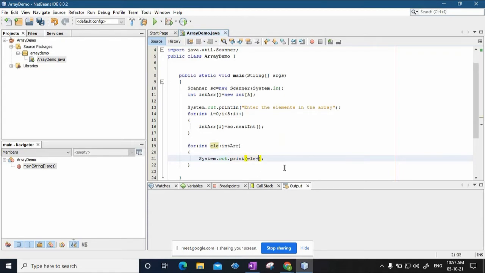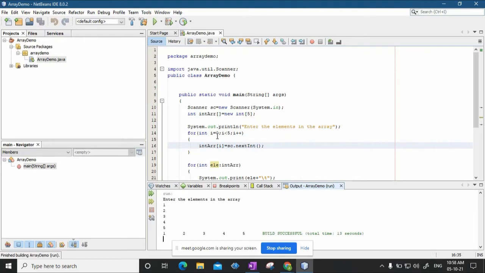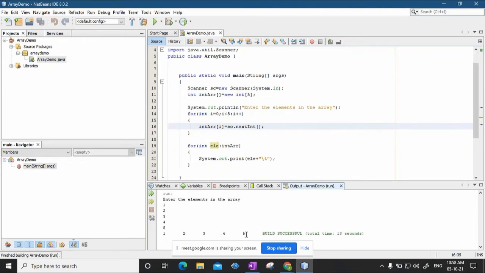I will print each element every time, and then I will have a \t. Okay, let's run. Now just see, enter the elements in the array. There are 5 elements. So suppose I write 1, 2, 3, 4 and 5. So it prints 1, 2, 3, 4, 5.